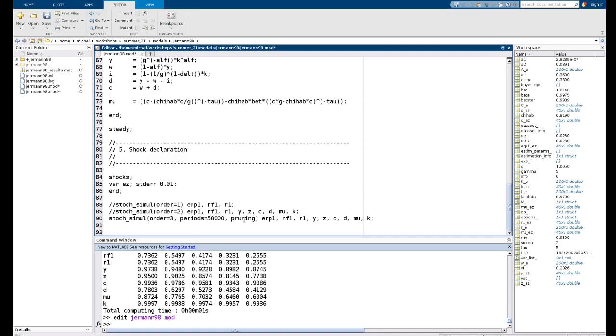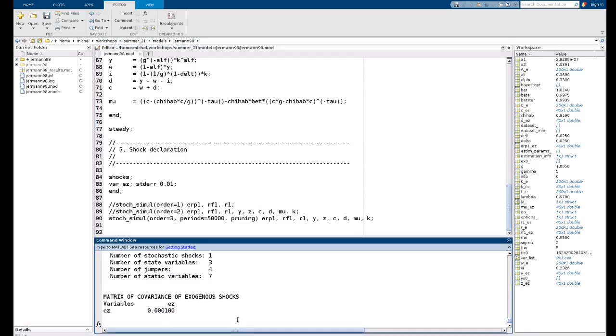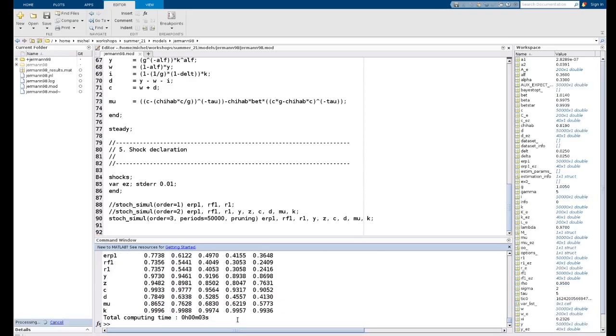You can put it or not put it. You will see it doesn't change much to the result for this one. In other models, pruning may have more effect. I save the mod file and I run it.